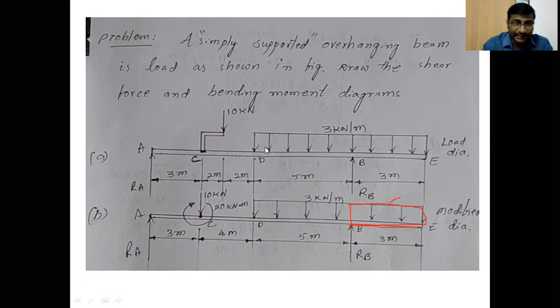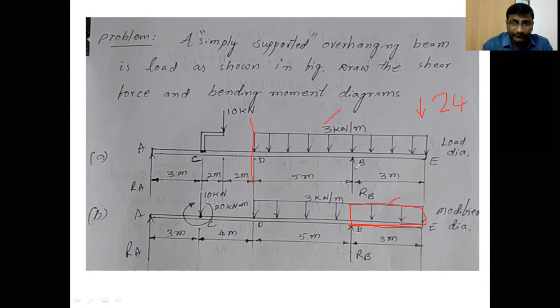Next, shear force at another point, point D. Point D is there at the end of UDL. What is meant by shear force at point D? If we want to calculate the shear force at point D, we take all the forces on the right side of point D. So all the forces means the total UDL. Total UDL value is 3 kilonewtons per meter, distributed over 8 meters. So 3 into 8, 24 kilonewtons, which is acting in the downward direction. So 24 kilonewtons is positive.